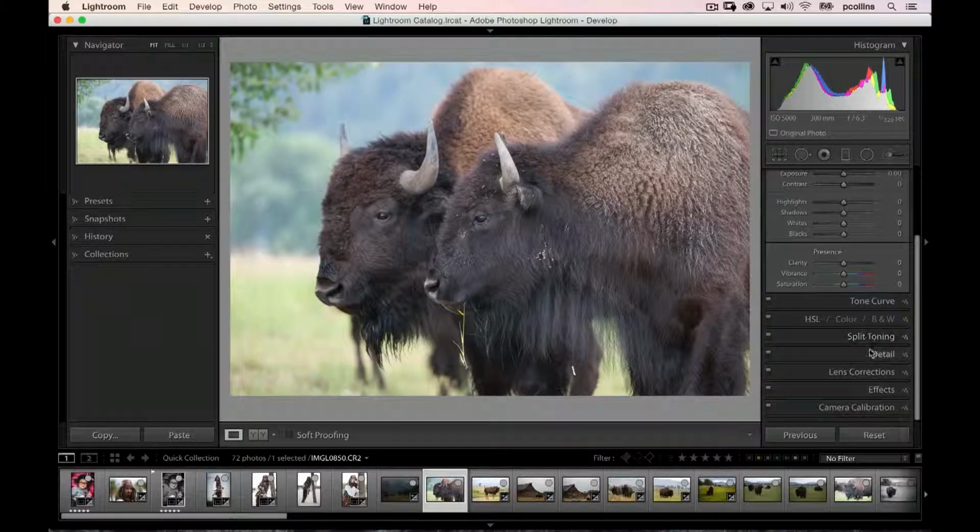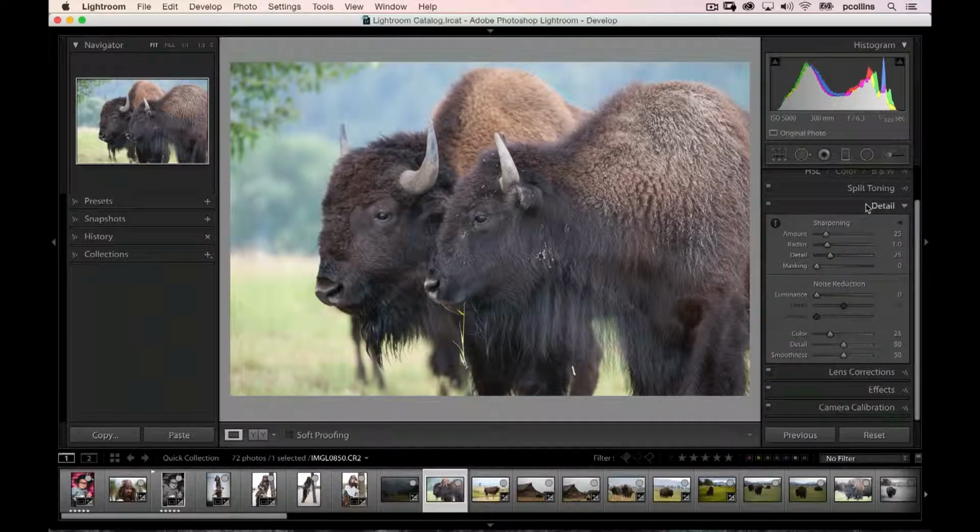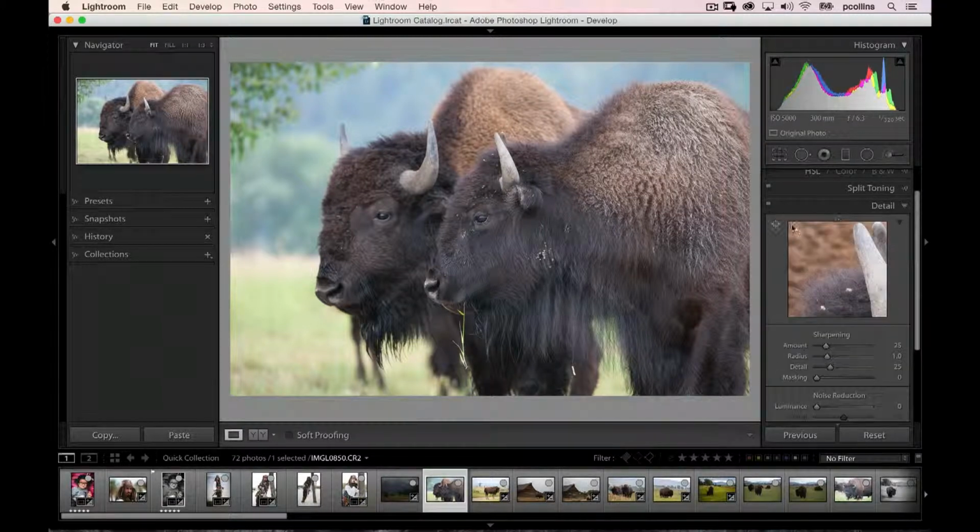So we're just going to kick over here, click on it, and now you notice I have my panel over here open, and that's kind of a little indicator of what's going on. You'll also see this little exclamation point right up here, and it even tells you, if I hang over there for a minute, it says for a more accurate preview, zoom to at least 100%. And that's a great little clue of what you need to do. If you click on that, toggle that down, it will give you a 100% preview right in here. So at least you've got a 100% preview of whatever you're sharpening.